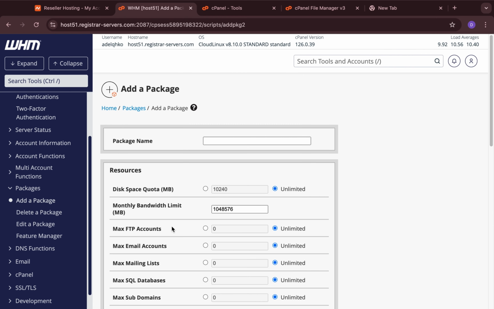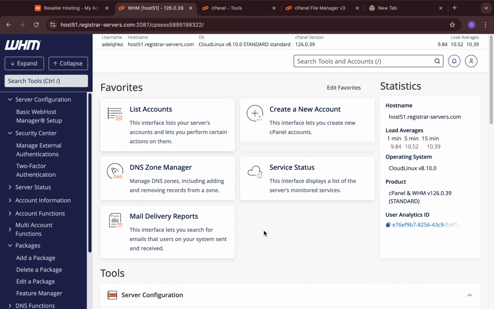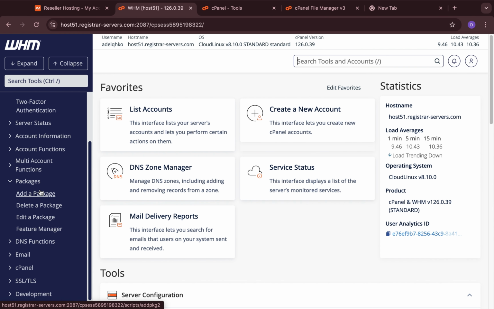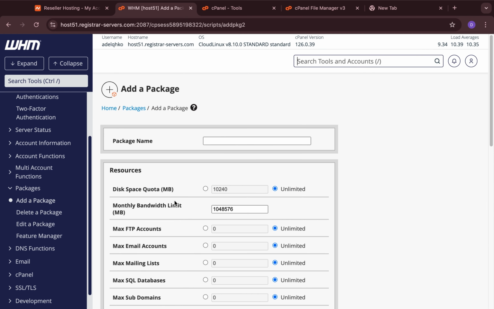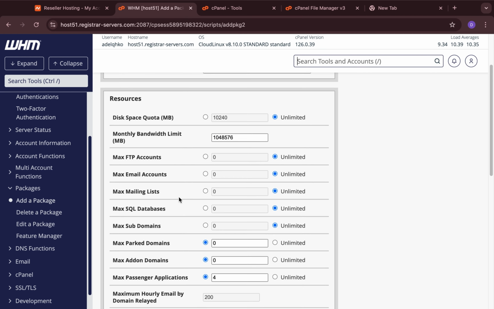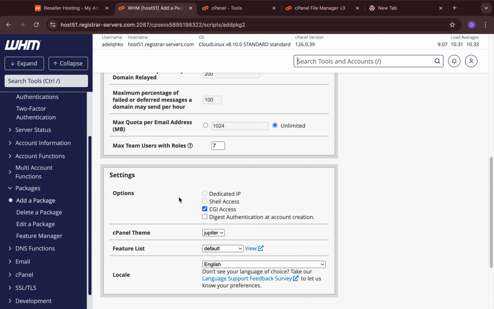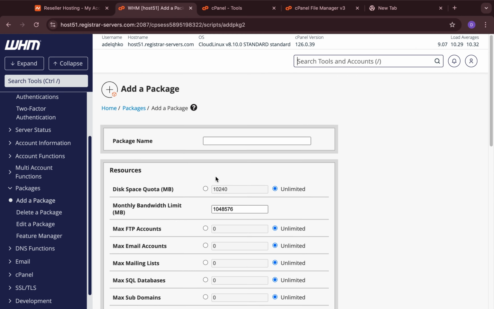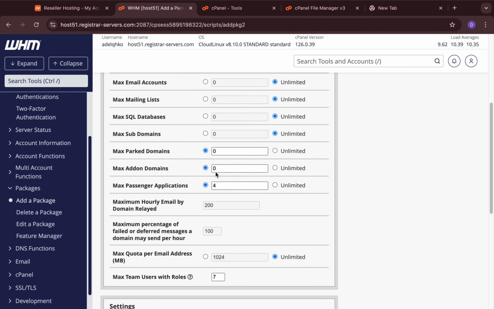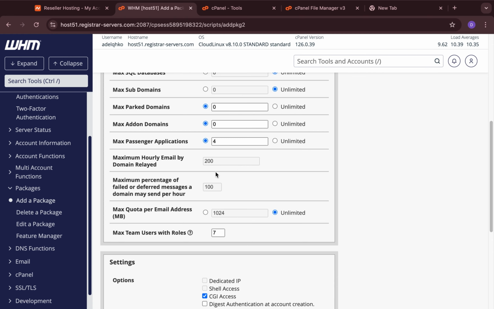Now that you understand what WHM is and how it works with cPanel, the next step is creating hosting packages. Hosting packages allow you to control how much resources each customer gets. And that's why you assign database limits and email limits. Create different plans and pricing, and run your hosting business professionally. In the next section, I will walk you through creating hosting packages step by step, and I will explain every